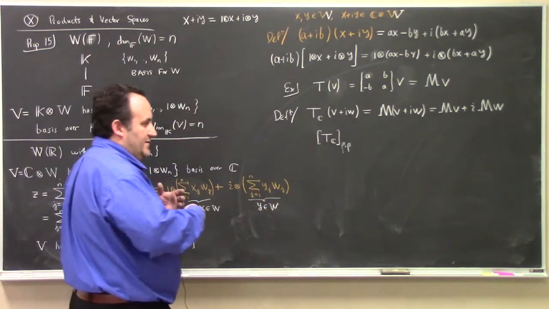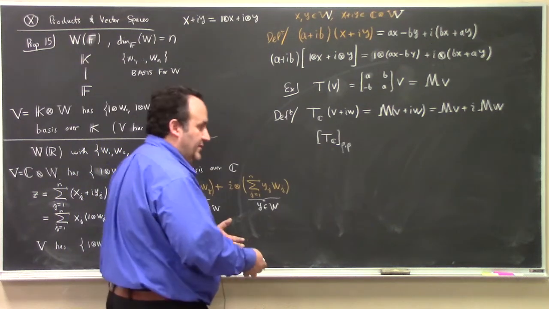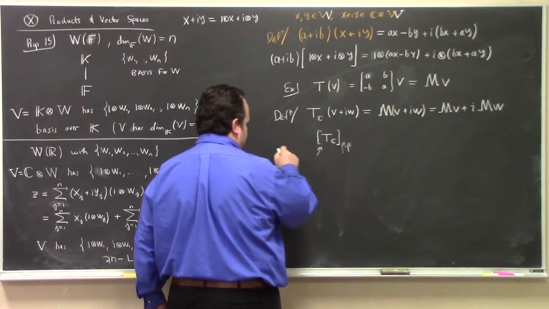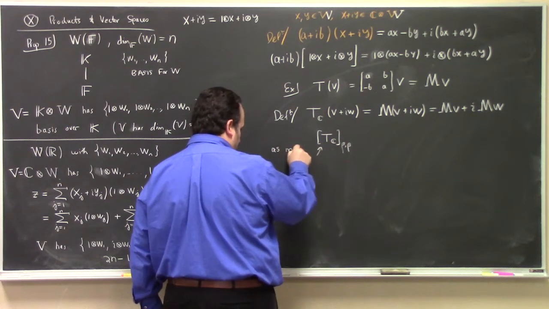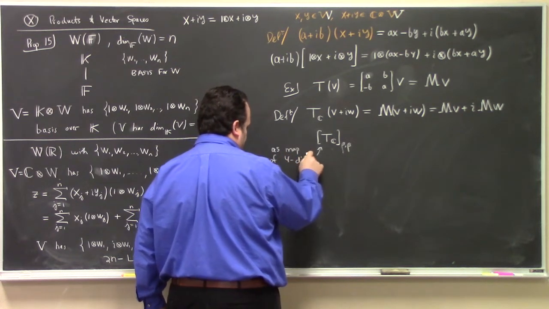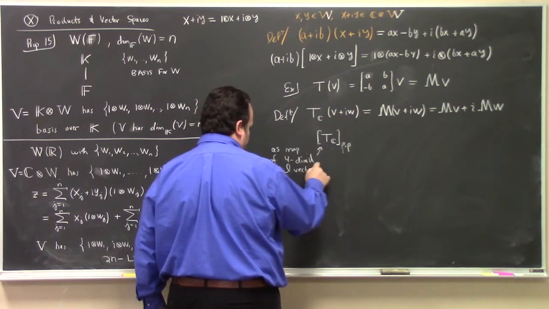Do we mean the matrix as a complex mapping, or as a real mapping? If we're thinking of this as a mapping of a 4-dimensional real vector space,